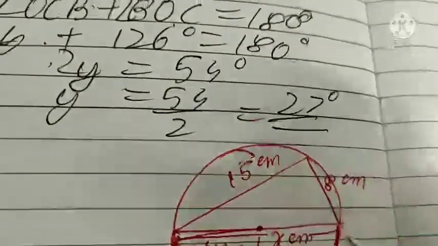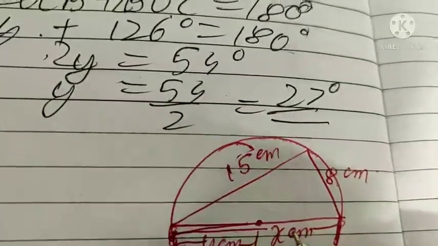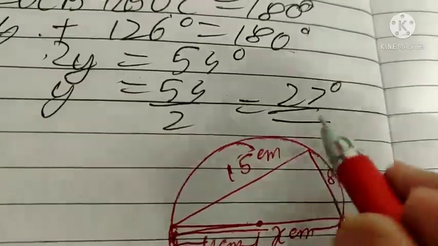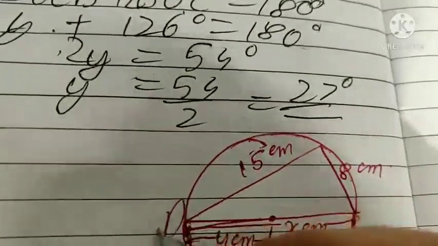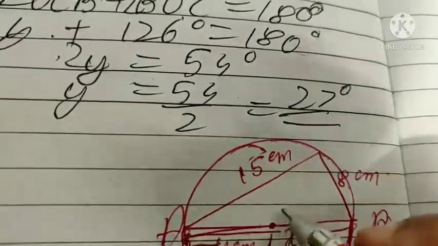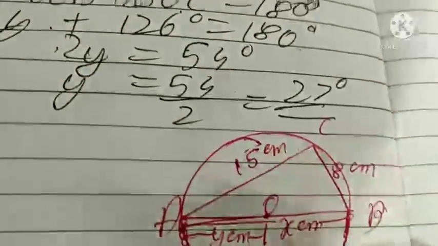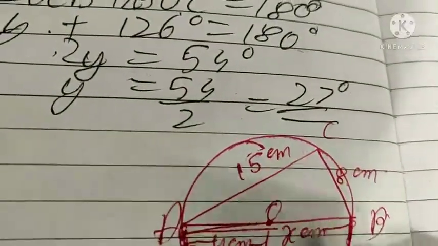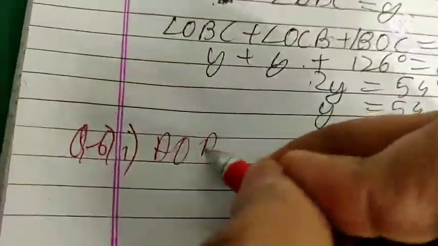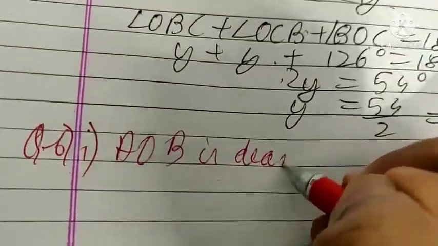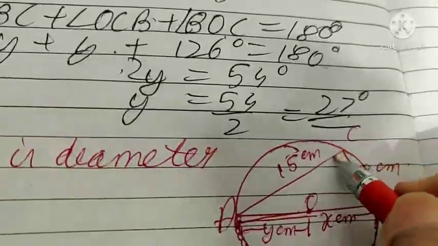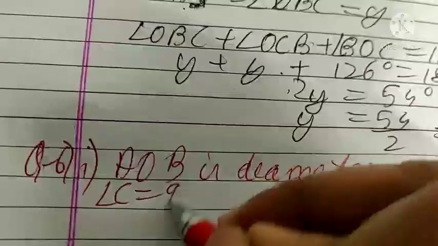So now this is our next question. Here we have to find the value of X and Y. Okay, this is the next question. Here, if we name it A, B, this is center O and this is C. So here this AB is passing through the center, that is, AB is the diameter. The angle formed by the diameter, this angle, is 90 degrees. Angle C is equal to 90 degrees.